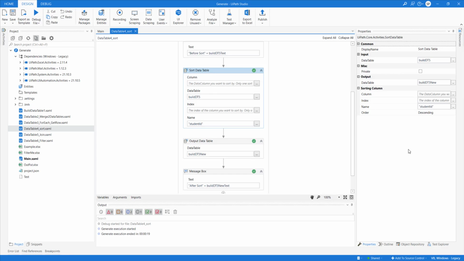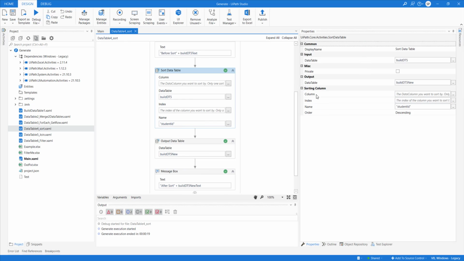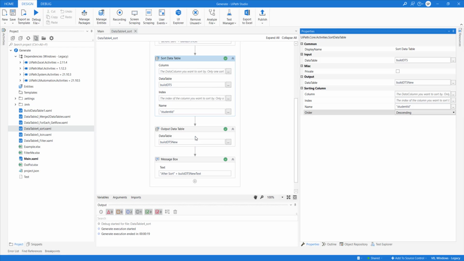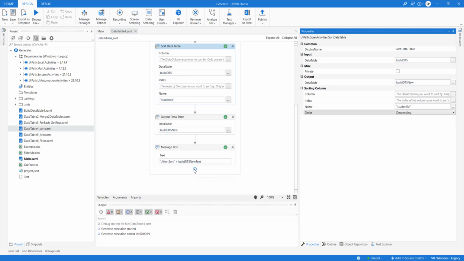Look at the properties of this, how you want to sort it. You should be able to sort on the basis of a column that you give. Only one column has to be given. You can give either the index or the name, and for the order we can select ascending or descending. On the basis of this, we should be able to sort the data tables.